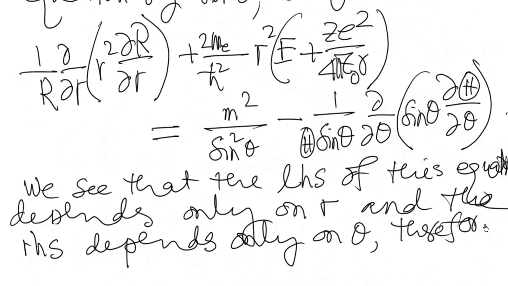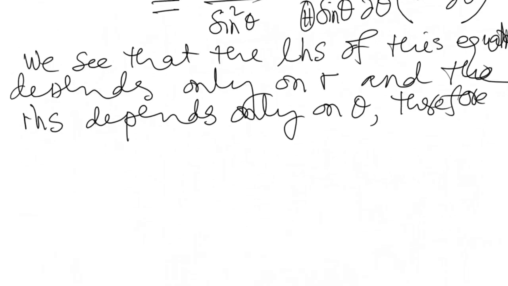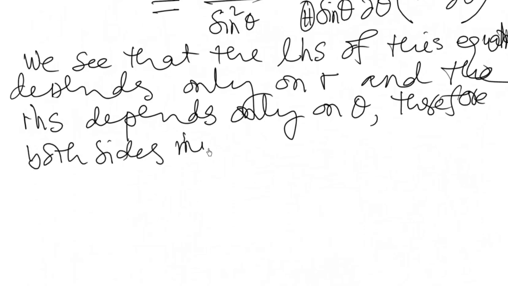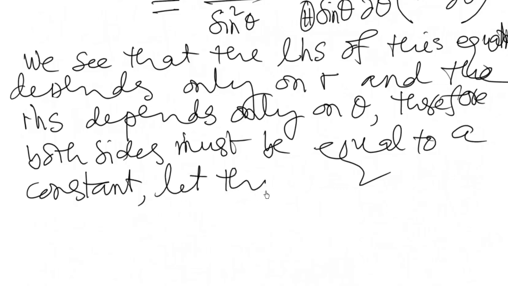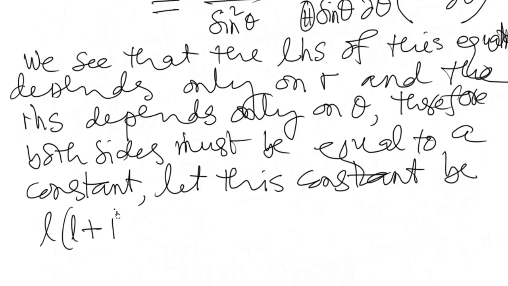Therefore both sides must be equal to a constant. Let this constant be L into L plus 1, where L is an integer. The two separated equations then become